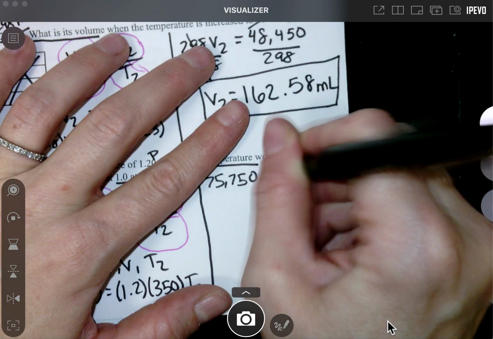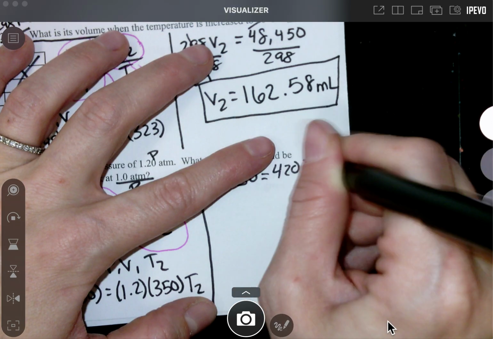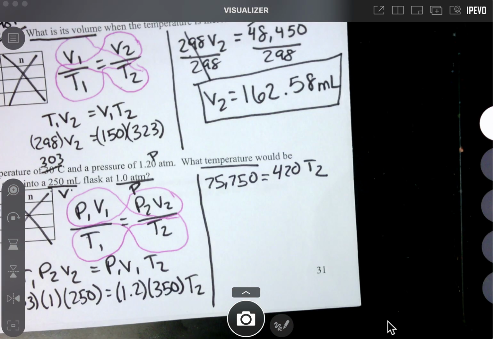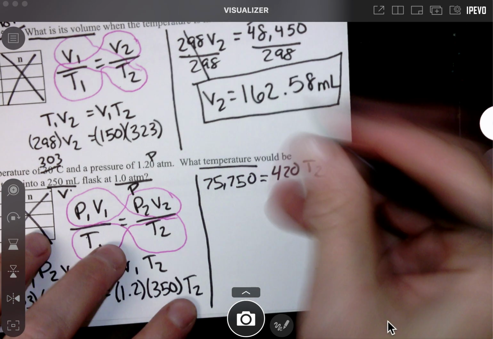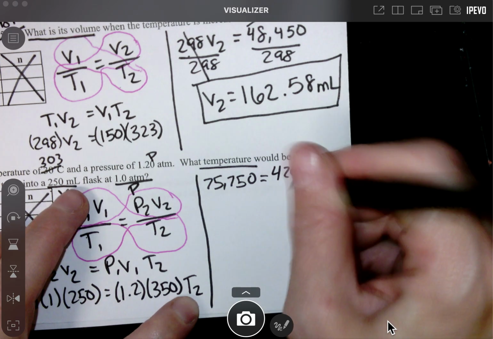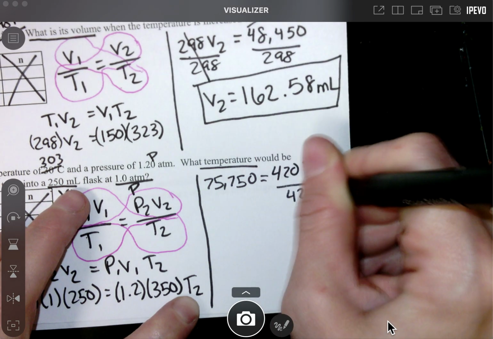So 420 T2. So from this, it looks a lot like the other problems that we've done. So I want to isolate T2. So I divide each side by 420,